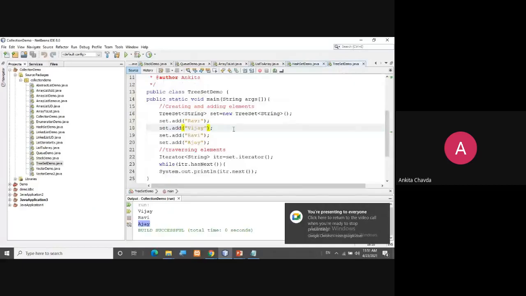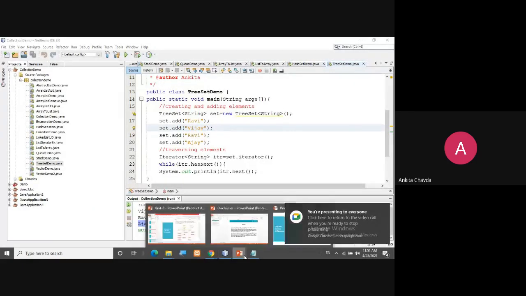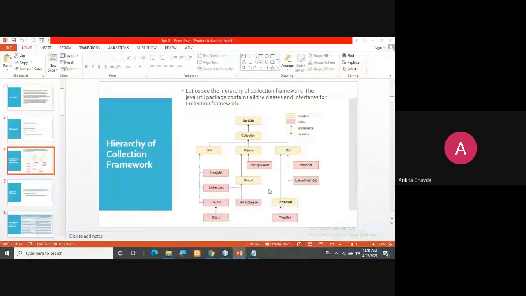Then tree set. Here in tree set, have you seen this hierarchy? Here this tree set is actually implementing sorted set. That is one kind of interface, right? Which again extends set interface.